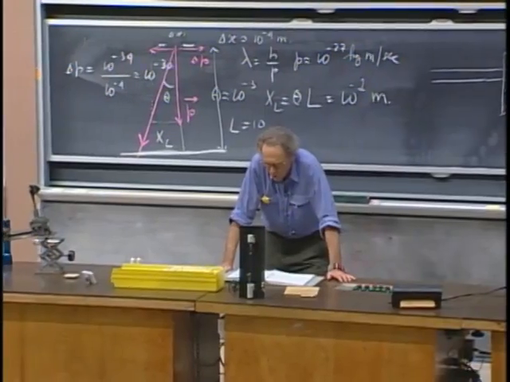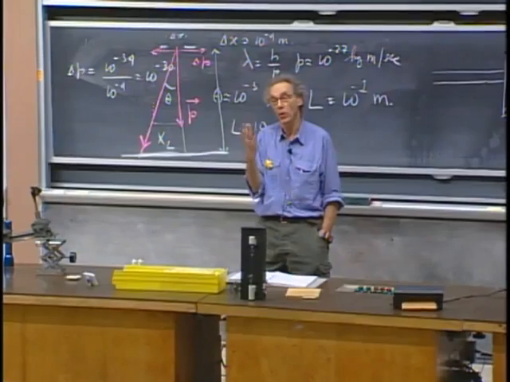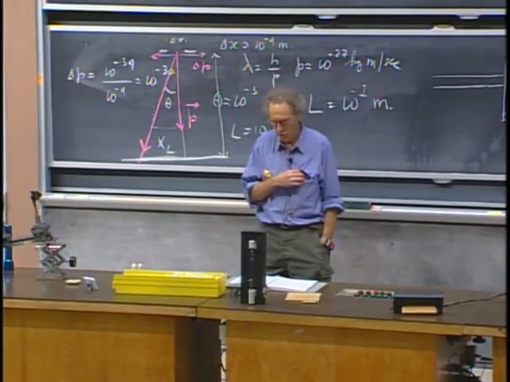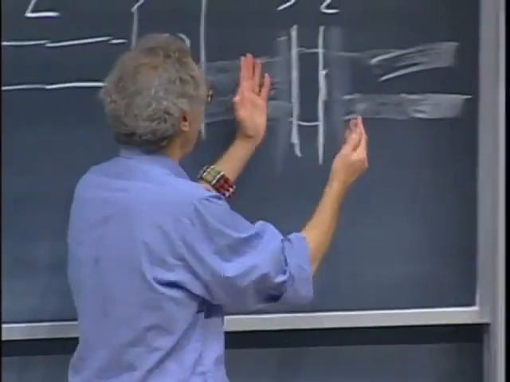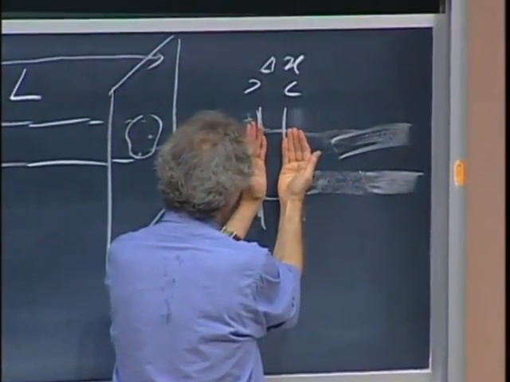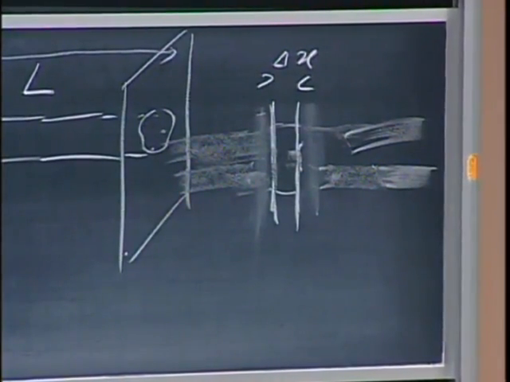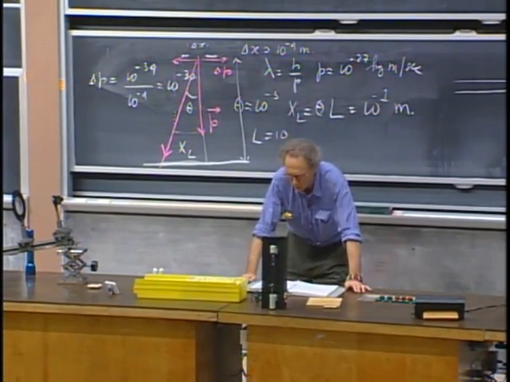All I wanted to show is that this spreading of the light is entirely consistent with Heisenberg's uncertainty principle. And it better be, because it would be inconceivable that you could do any experiment that would violate Heisenberg's uncertainty principle. If the light spot on the screen got narrower and narrower all the time, as we would think classically, that would have been a violation of Heisenberg's uncertainty principle. And that is not possible.